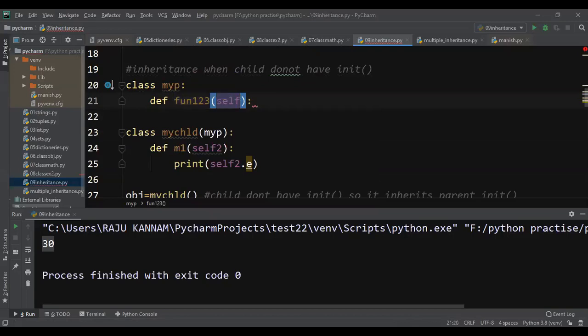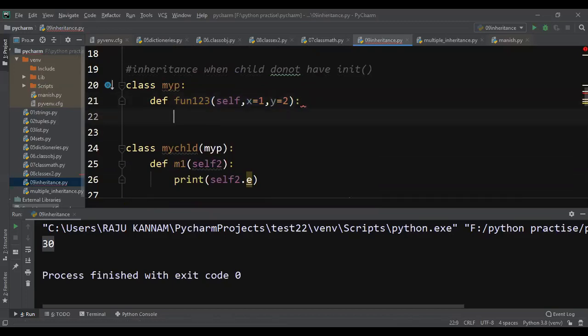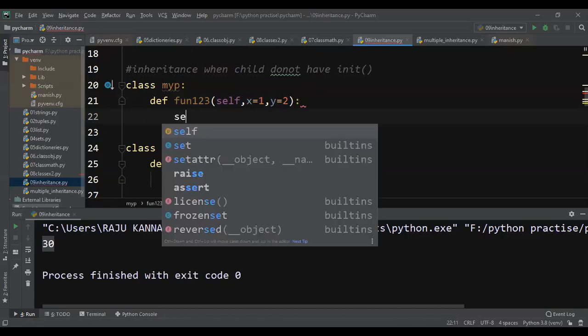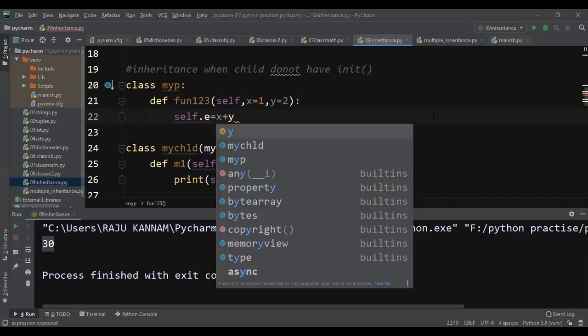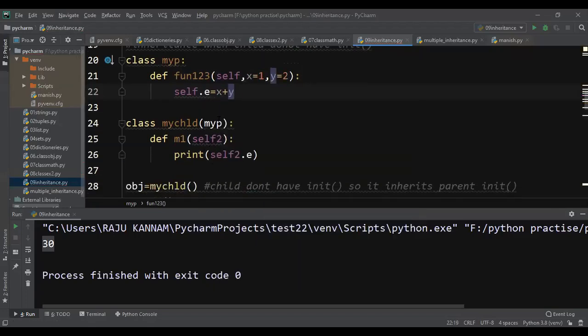It is taking two values, x equal to 1 and y equal to a default value. Two parameters. Then self.e equals x plus y.